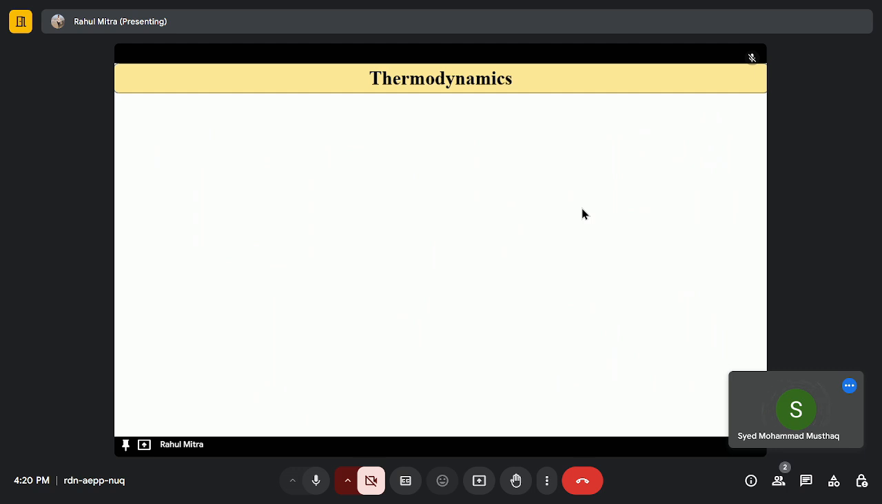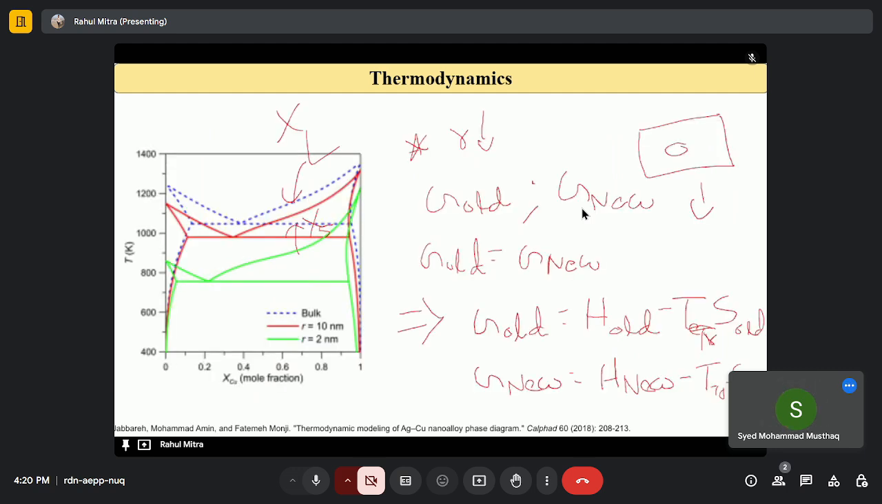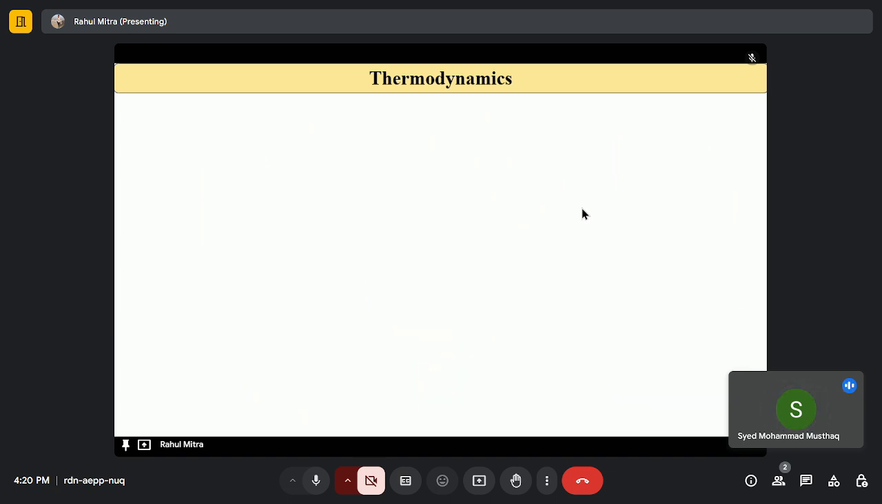Now this is for only the bulk components. What if we have nanoparticles, what if the surface properties are dominating? Then what should we do? Then G old should be equal to H old minus T transition temperature times S old,